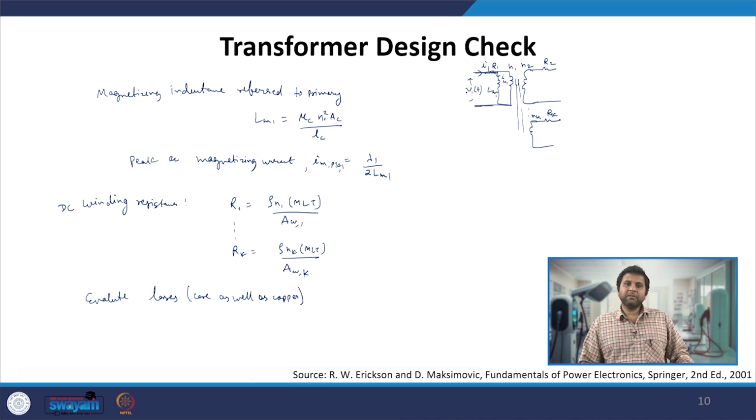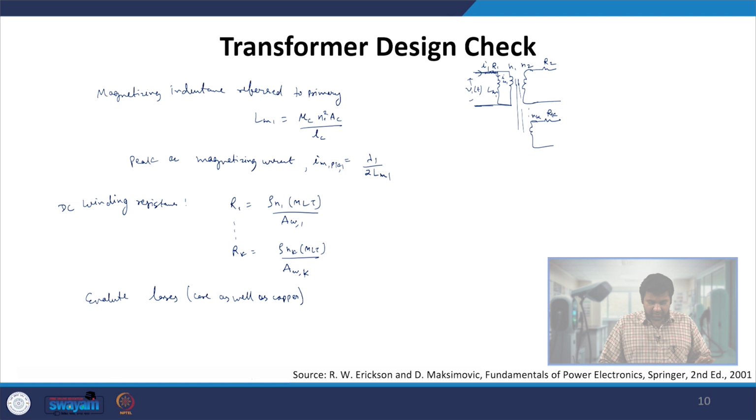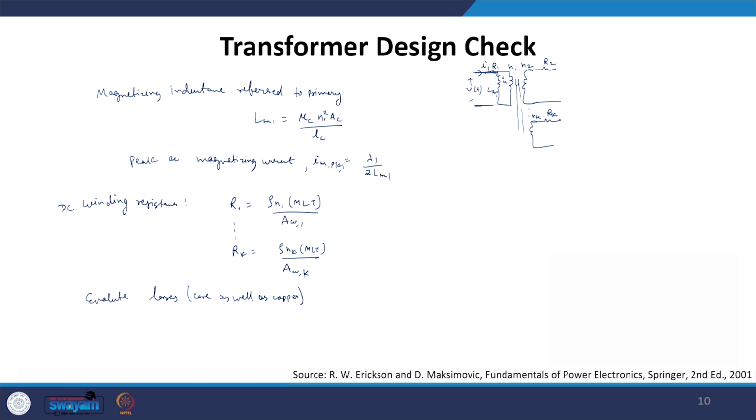So from there you can easily calculate the core loss. For the copper loss, using the specification you already know the RMS current in the different windings, and then we know the resistances for the different windings, so we can do the I square R loss. Again, here we have not considered the AC effect or the AC losses, which can be considered, and that will be another kind of design procedure you can look for. So you can evaluate the losses and then check